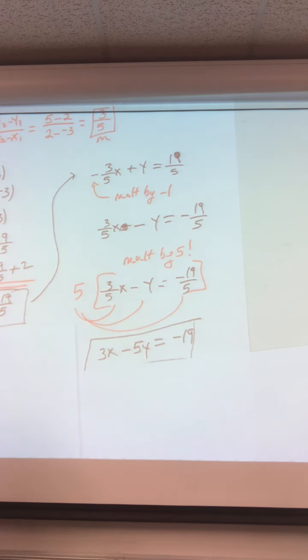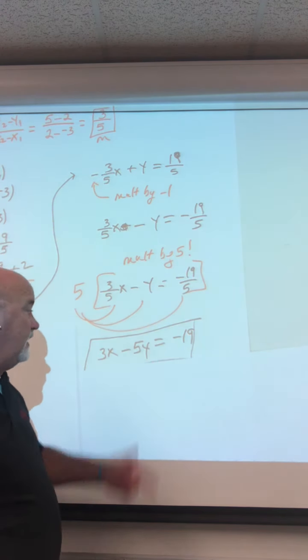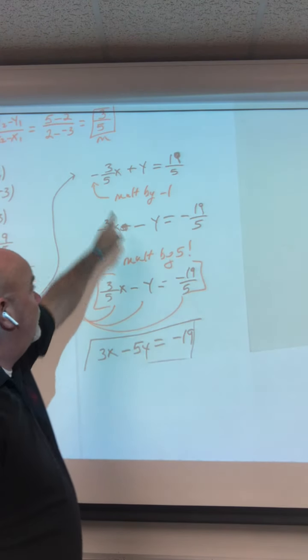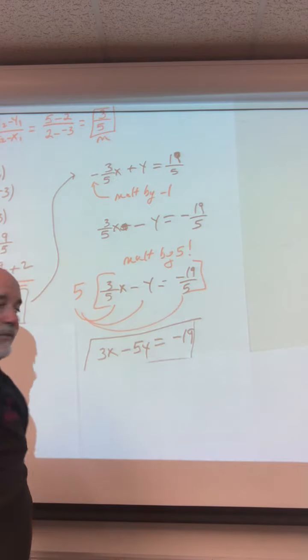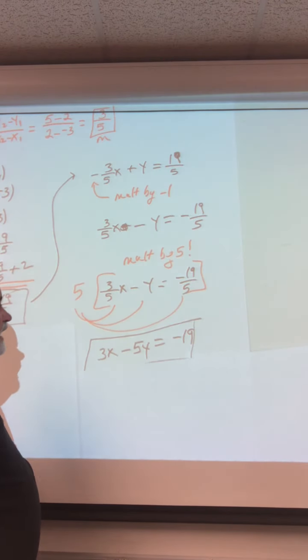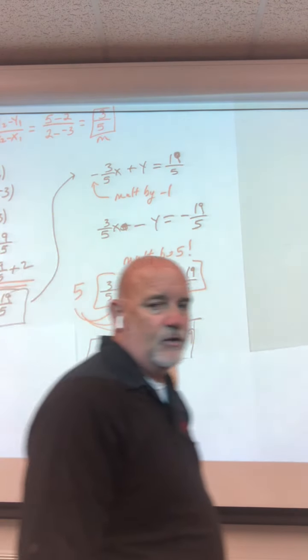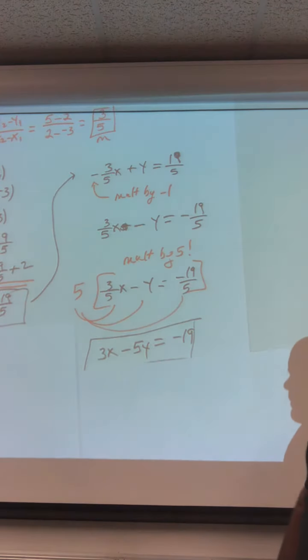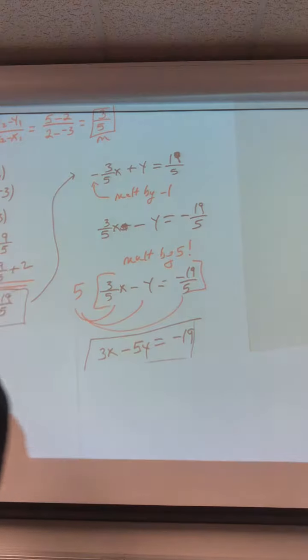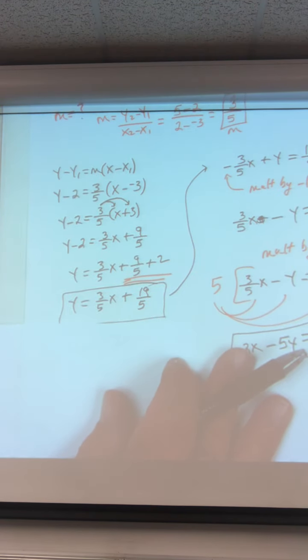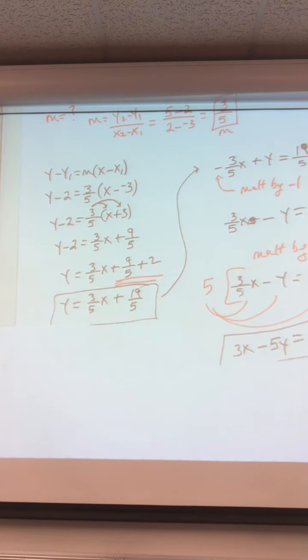Now, I know that's no fun to do, but you certainly have to agree that that looks a whole lot better than that right up there. So get rid of that front negative, and get rid of all your fractions in standard form. And you say, well, wait a minute, Mr. Reiner, if standard form doesn't like the fractions,